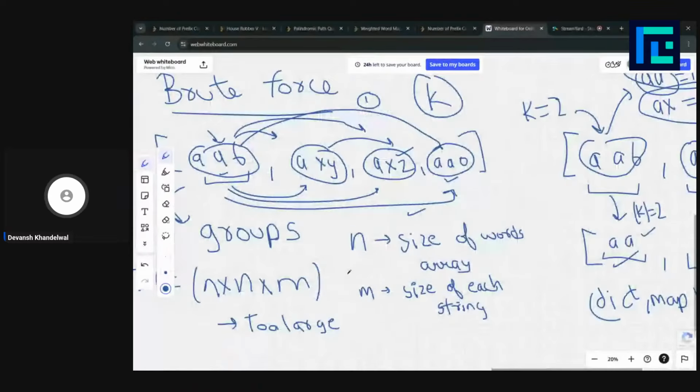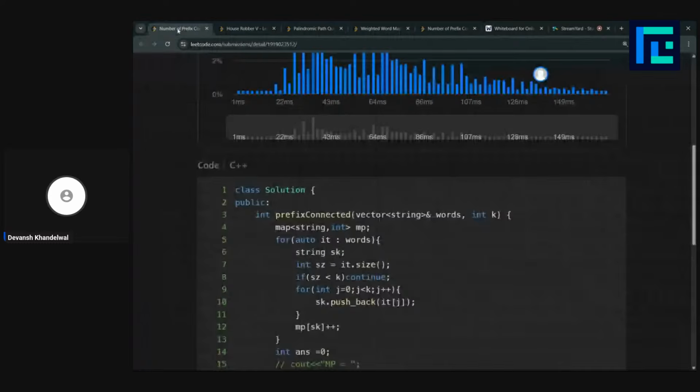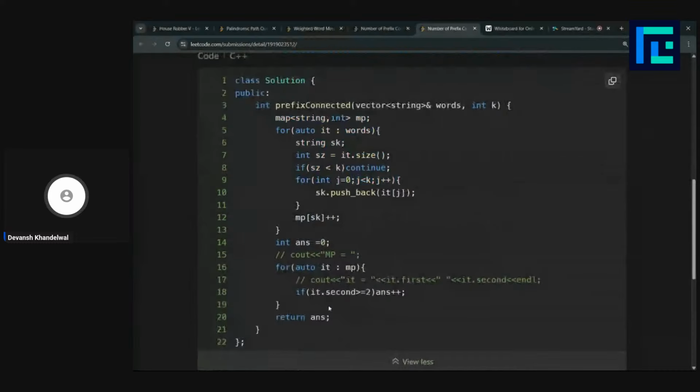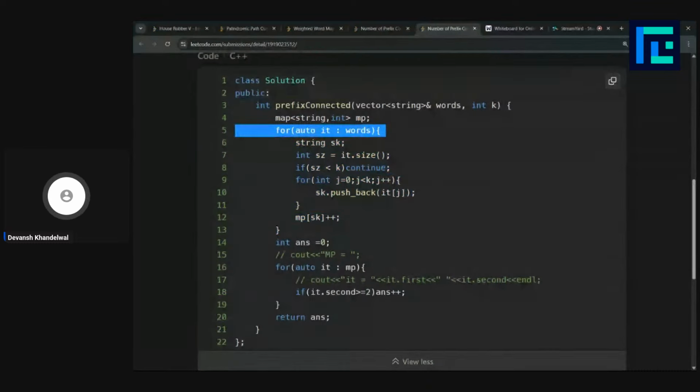So let me also show you my code. So yeah, here we are. See, the code is very small here. So what we do, we are iterating each string in the words array, and we are iterating from the 0th index to the kth index, pushing this into a new string, and incrementing the number of places where we got that prefix.